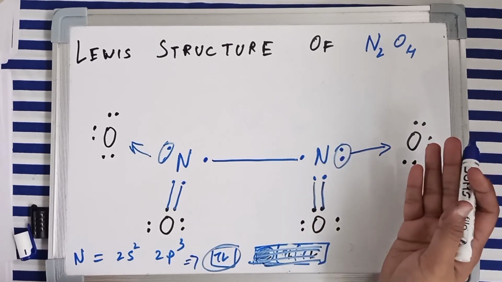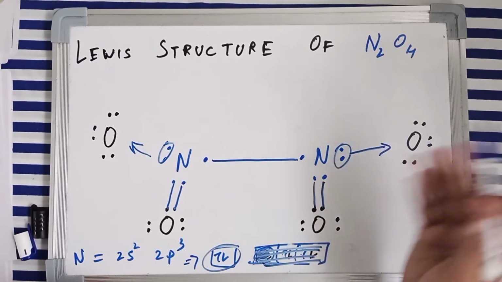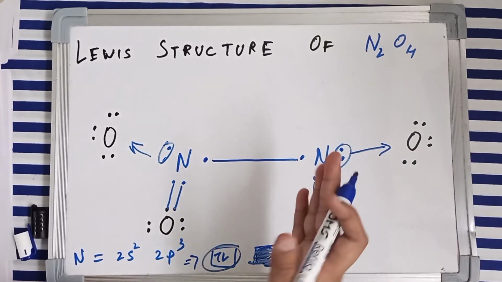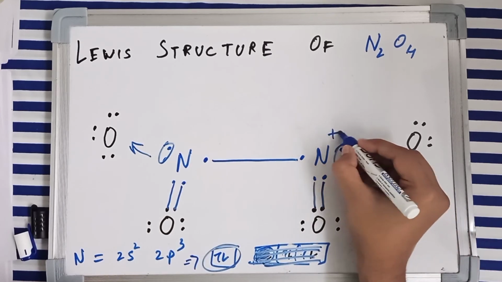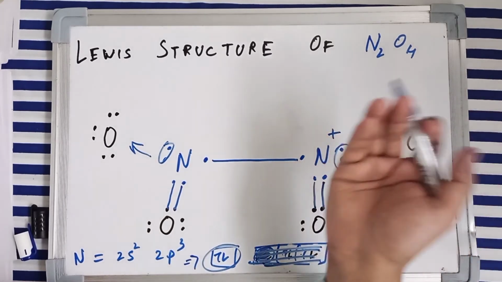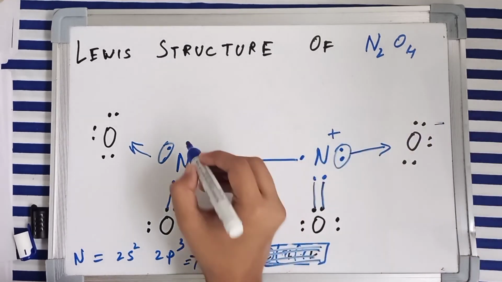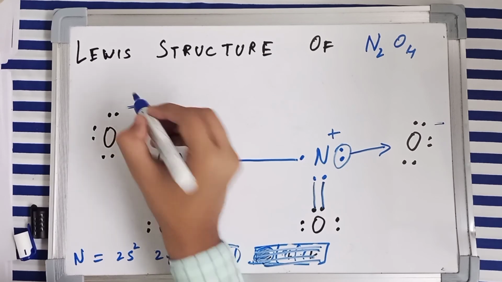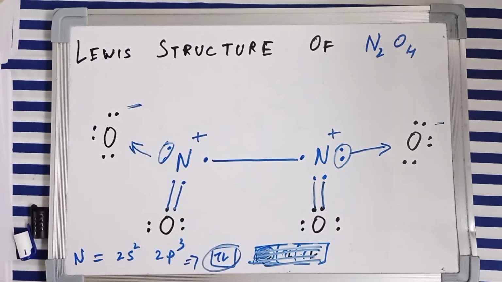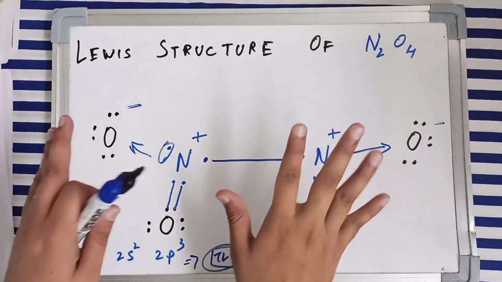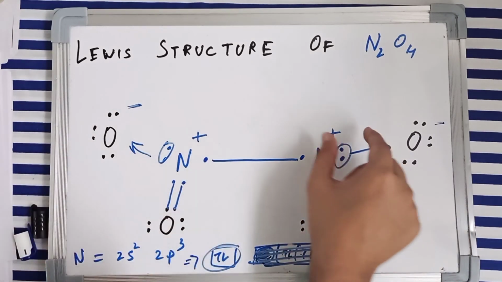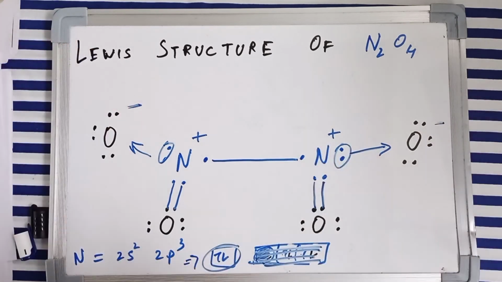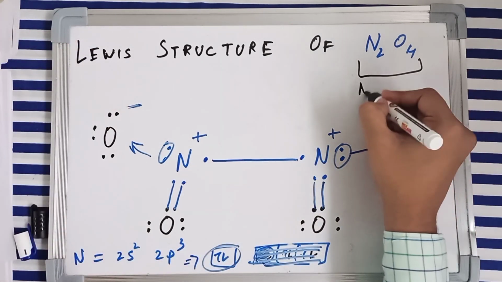So nitrogen says, okay, I'm going to give it to you. So it donates its 2s electrons simply by means of a coordinate bond. And when nitrogen donates its lone pair, it will gain a positive charge, whereas oxygen, having gained electrons, will gain a negative charge. Similarly here also, nitrogen will gain a positive charge, and this oxygen will gain a negative charge. Okay, so this was the structure of N2O4, and overall the molecule is neutral, because you've got 2 positive charges, and to counter that you've got 2 negative charges as well. So your overall molecule will be neutral.